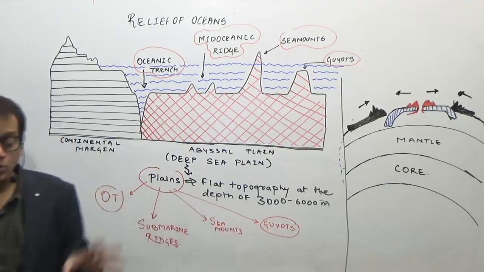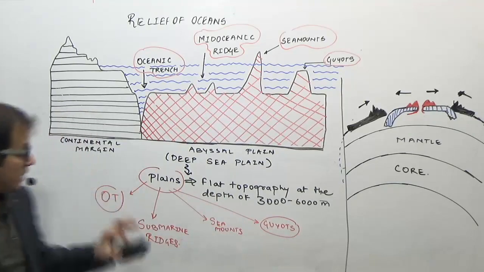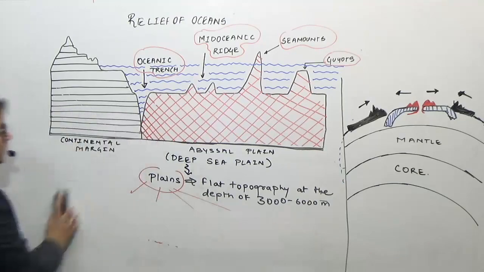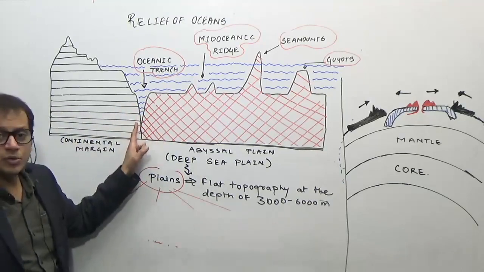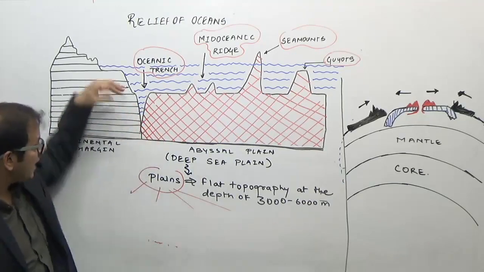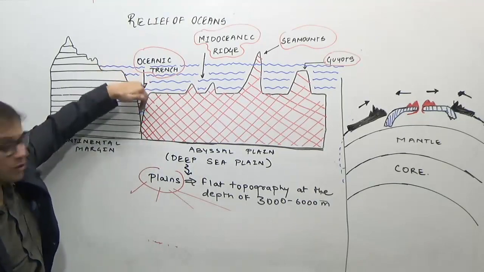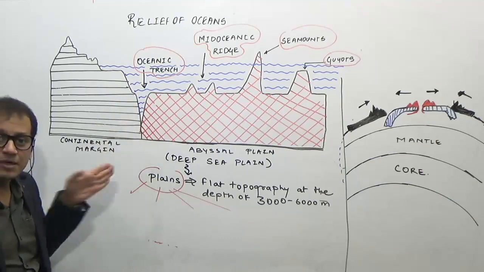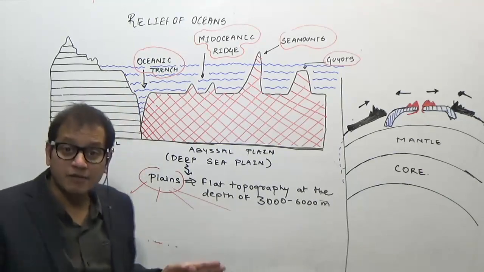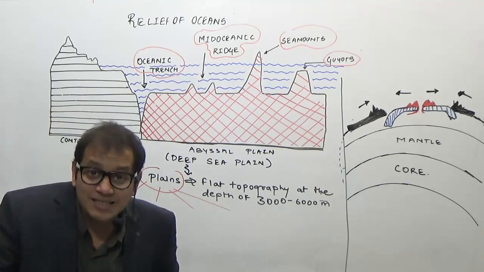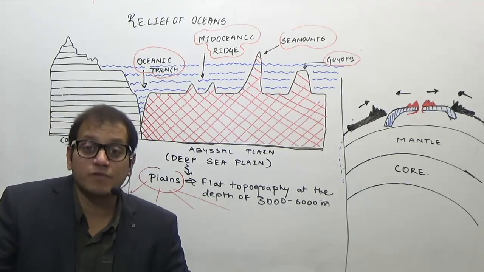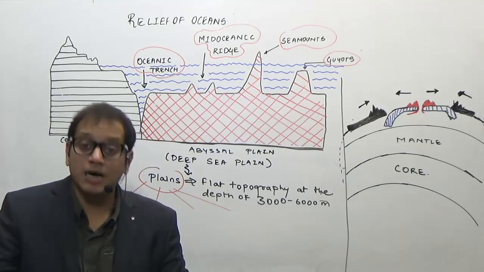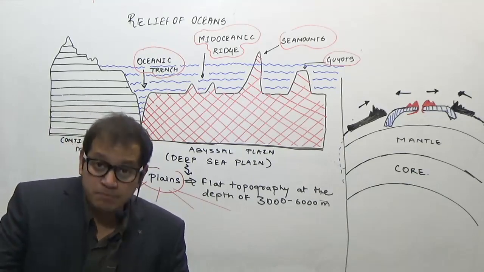Now what are these oceanic trenches? We will study each of this topography in detail. These oceanic trenches are, as you can see here, as if a deep valley on the ocean floor, or some cut. The ocean floor has cut into a deep kind of depression. So the oceanic trenches are the deepest parts of the Earth's surface. In fact, we can say these are the deepest parts on the Earth's surface, or the deepest parts of the